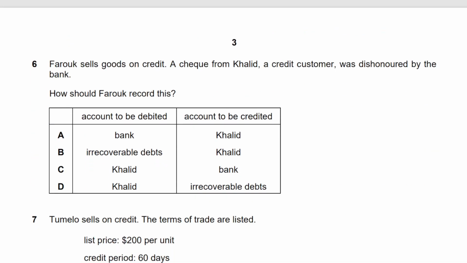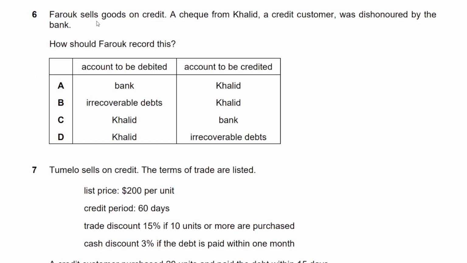Let's move on. Number 6. Farouk sells goods on credit. A cheque from Khalid, a credit customer, was dishonored by the bank. How should Farouk record this? So we previously thought that we received money into the bank. Our bank was originally debited, Khalid was credited. Khalid, the receivable, fell. When the transaction happened, this is what happened: bank debit, and Khalid credit,